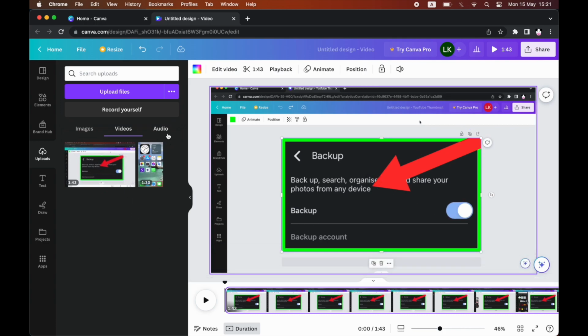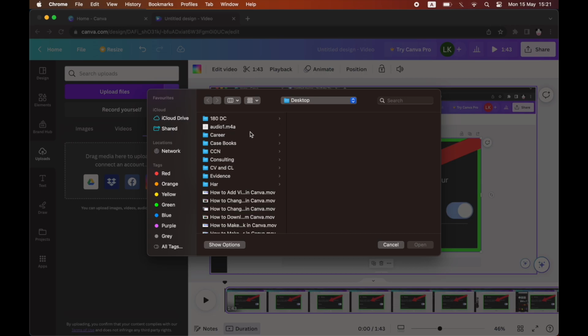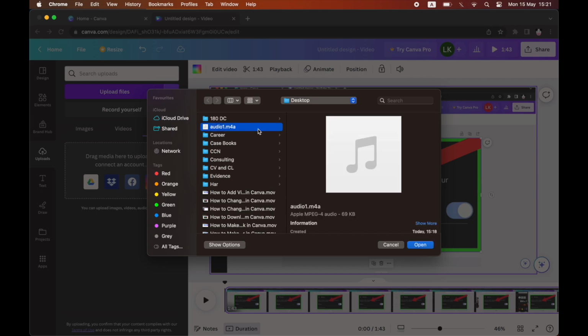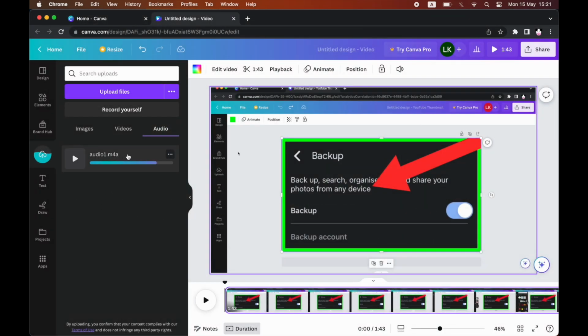the left hand side of the video section, then click on audio as I've just done there, then click on upload files. Here is where you'll need the music or any type of audio already downloaded to your device, whether that's a MacBook, laptop, Windows PC, computer. Go ahead and find the audio, click on it, click on open, and then it's going to upload there as